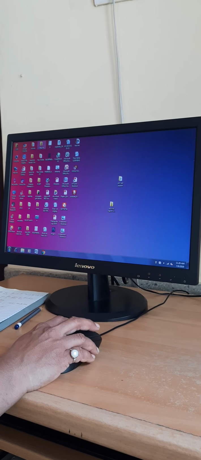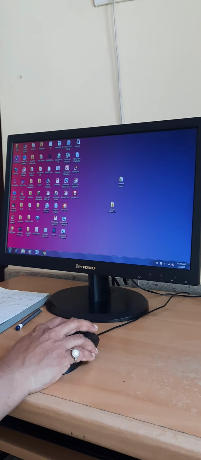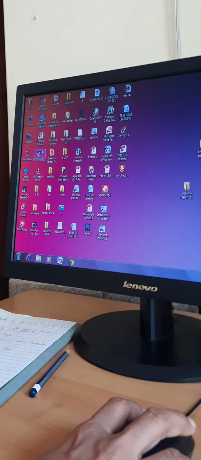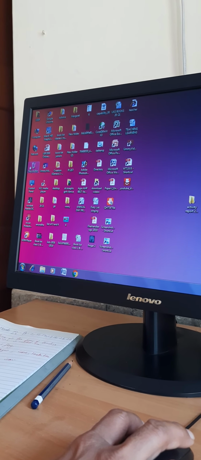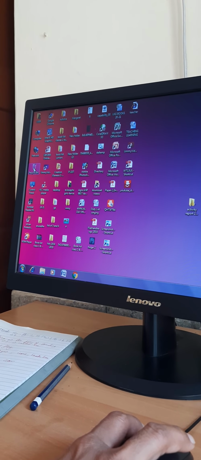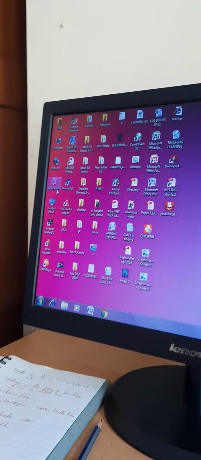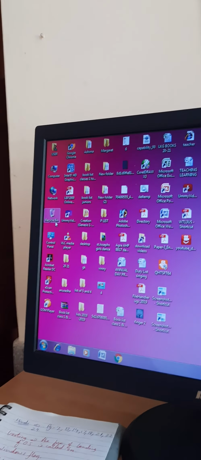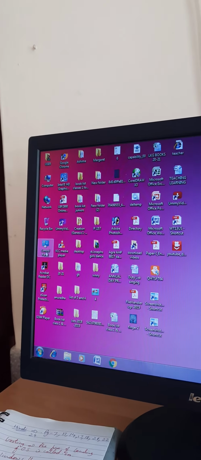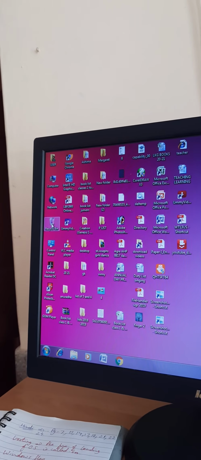These are small pictures. You can see children, you have studied in earlier classes also. These are called icons. Every picture, like this recycle bin, is denoting an application which we can easily understand by the picture itself.